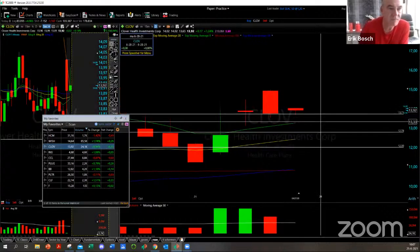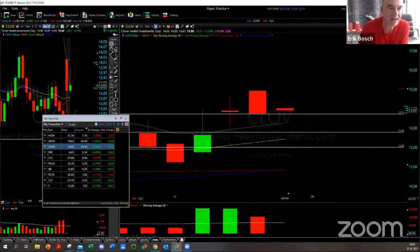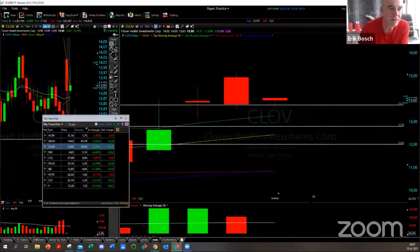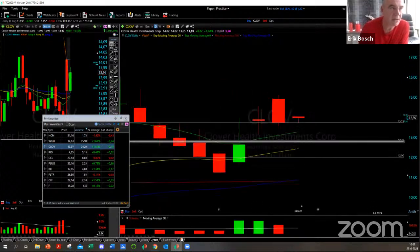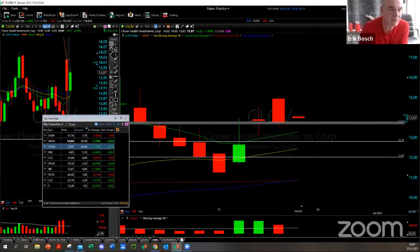So this 1371 line, which is not an exact line, as you know, it's more an area of resistance. It was an area of resistance, now it's an area of support. So I want to see the strength in this one, and if it's pulling down this 3071 or 3050, then